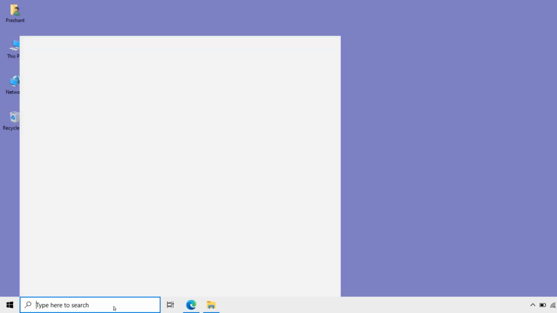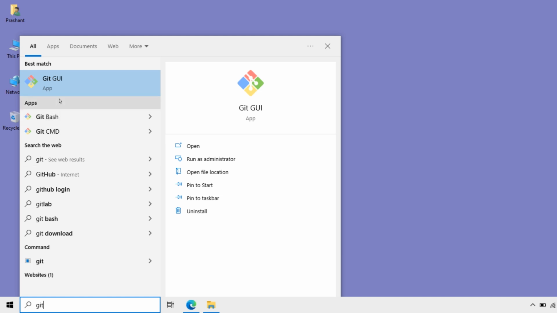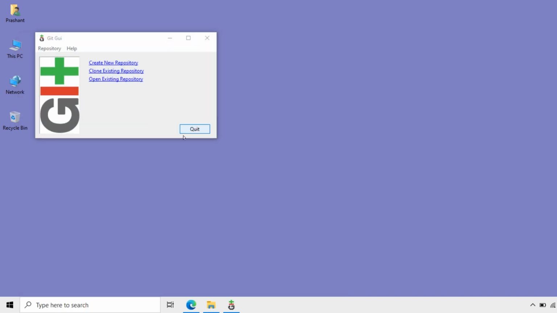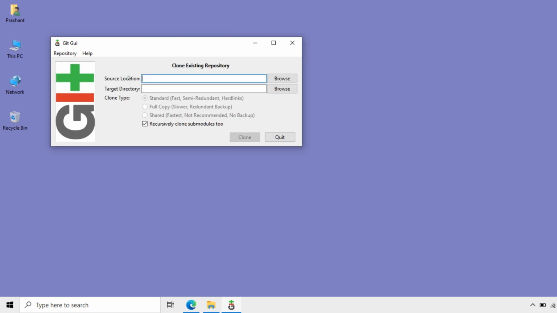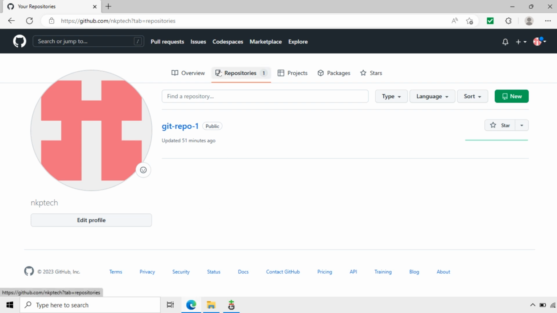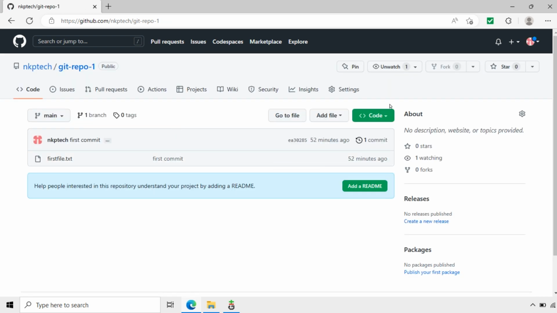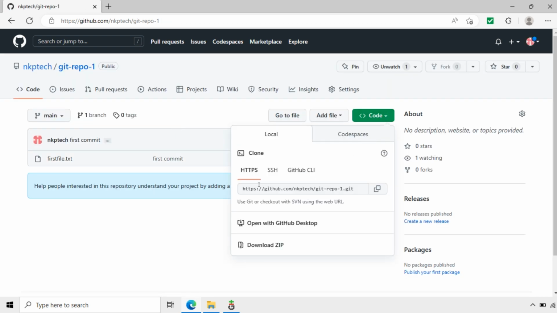Now I'll open the Git GUI. Here I'll clone the repository, clone existing repository. Here source location, I'll choose the GitHub one we created earlier. I'll open the GitHub. This is the repository. Click on this git-repo-1. Then here clone this, copy,